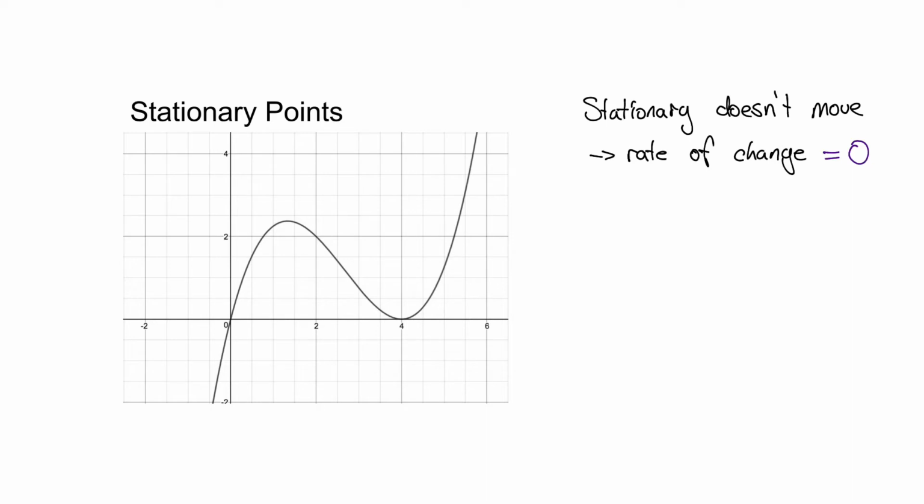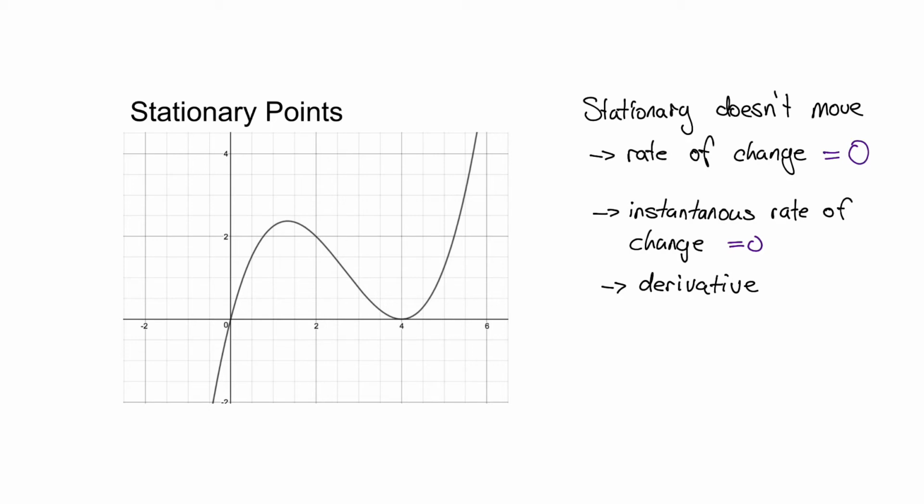But we're not looking at the rate of change over the entire function. We're looking at the rate of change at a single point. So that would be our instantaneous rate of change. And we're still looking for when that is constant or when it doesn't move. So that means our instantaneous rate of change when it is equal to zero. Now we know our instantaneous rate of change is actually our derivative. So we can find the derivative of a function, calculate when that is equal to zero, and that'll give us